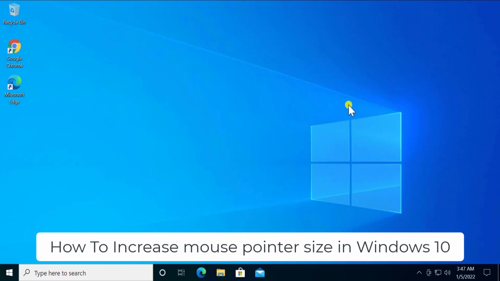In this video we will talk about how to increase mouse pointer size in Windows 10. We will show you the setting you have to use to increase the mouse pointer size, so stay tuned and